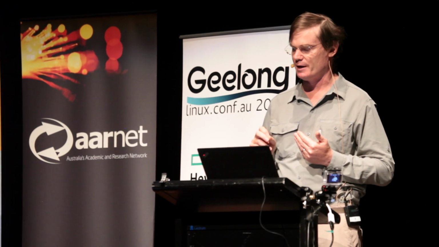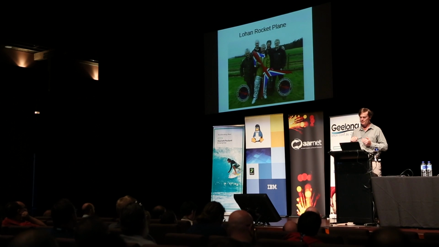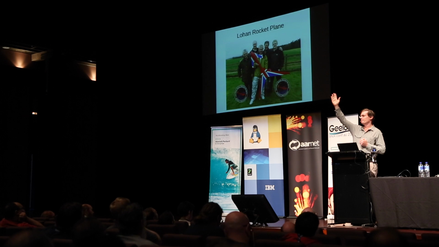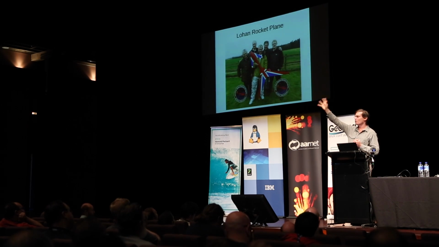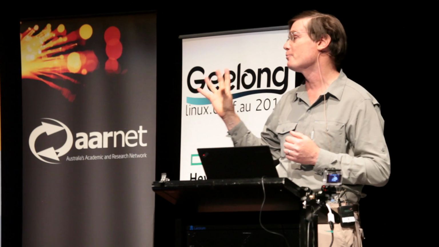And their project for the last few years has been this LOAN project, which is the Low Orbit Helium Assisted Navigator project. And the idea is that that plane will be taken up to 20 kilometres in a balloon and then fire a rocket and get up to Mach 2. And then when the rocket expires, an autopilot will take over and bring it back and land it at Spaceport USA. So it's a really ambitious mission. And it's a 3D printed aircraft, which is unusual. So lots of unusual things.